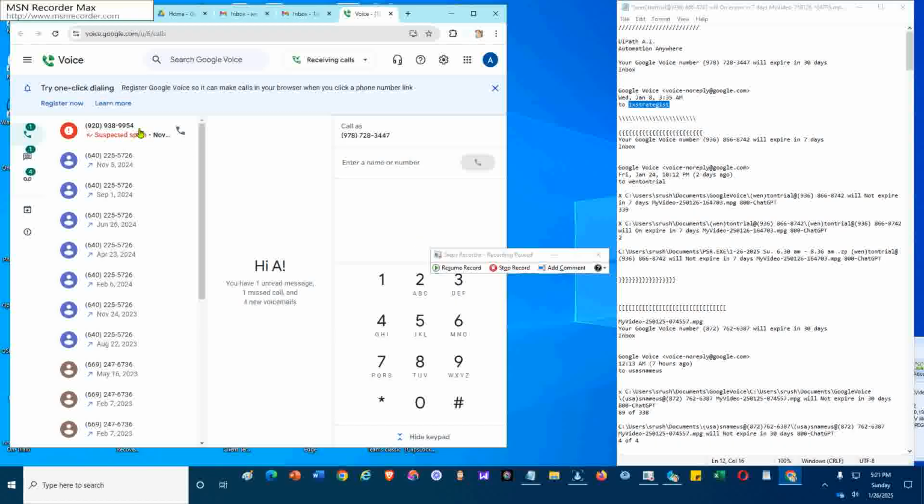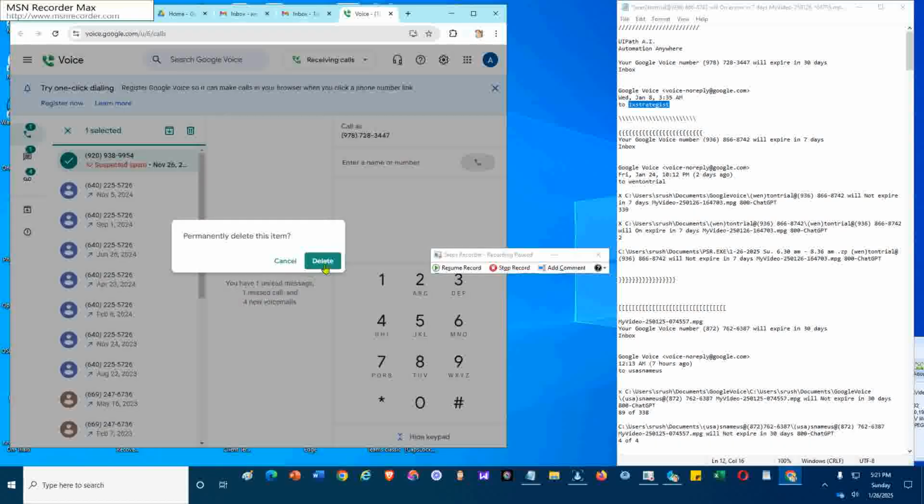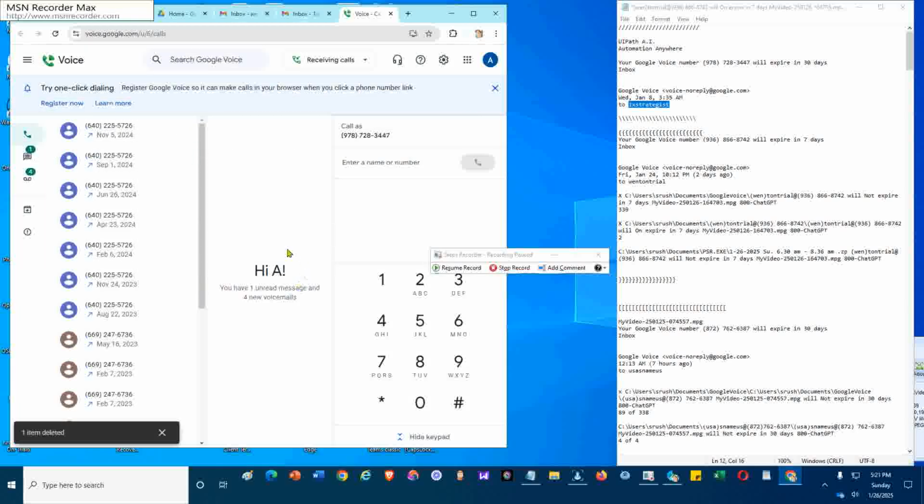Delete some spam. So I'm holding down the shift key. Select the delete button and delete those spammy calls.